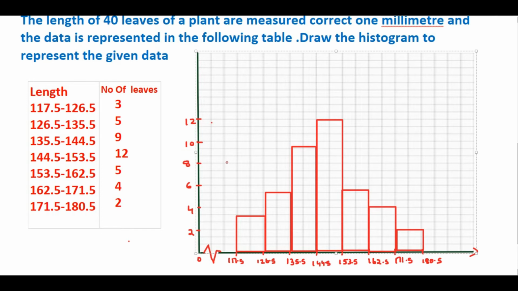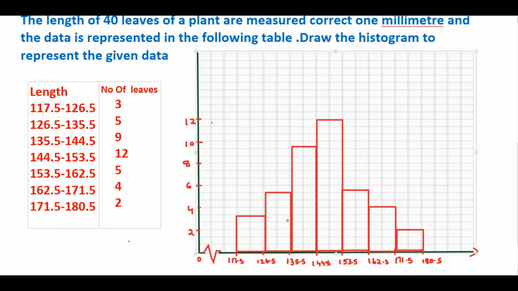Unlike the bar graph, the width of the bar plays a significant role in its construction, and the areas of the rectangles are proportional to the corresponding frequencies. Here the height is proportional to the corresponding frequencies, and all the widths of these rectangles are equal. The length of the rectangles is proportional to its frequency. So this is a histogram with uniform width.